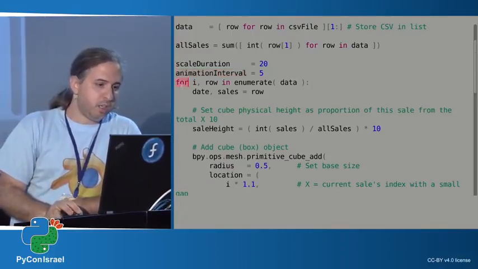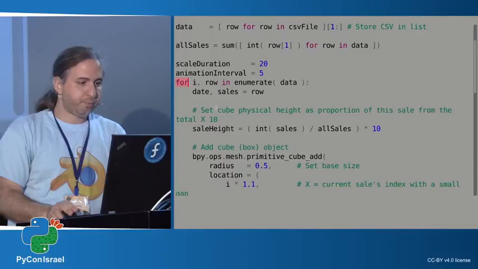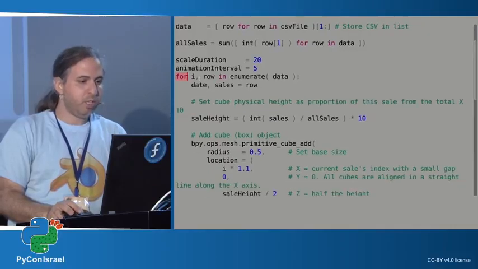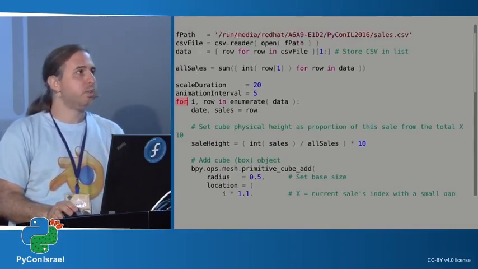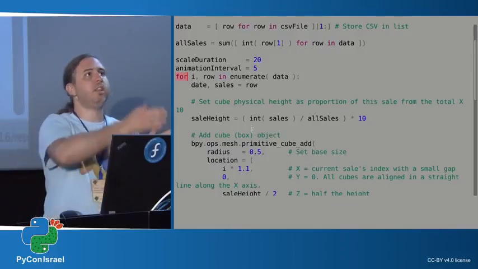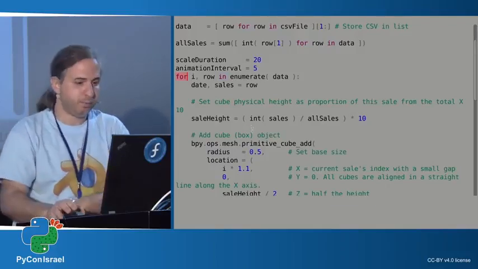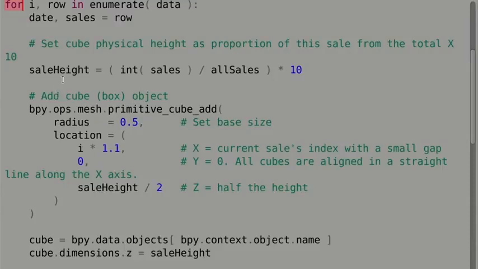And then we just iterate over each row in this list, which has a date and then an integer sale value. For each one, what we do is this. We have a sale height. The height is the height of the cube that we're going to generate here in a second. So what we're doing here is dividing the current sale by the all sales sum. This is just a simple way to normalize this value so we can have relatively easy to see differences